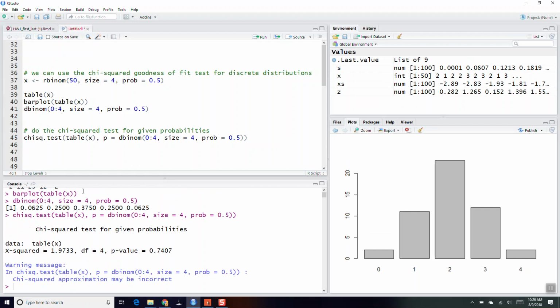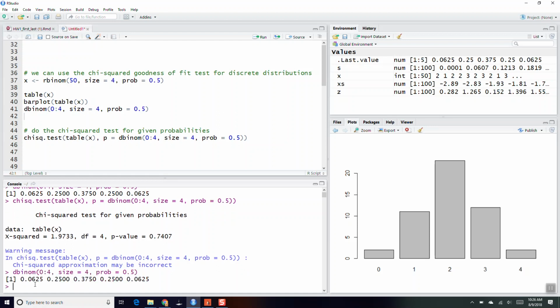So when I reduce our sample size to 50, it gives me a warning, and it says the chi-squared approximation may be incorrect. The problem with this is that if I do 50 times dbinom, taking a look at our theoretical probabilities, and multiply this by 50,